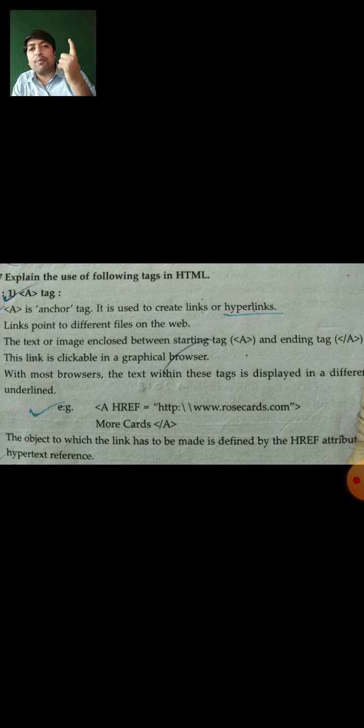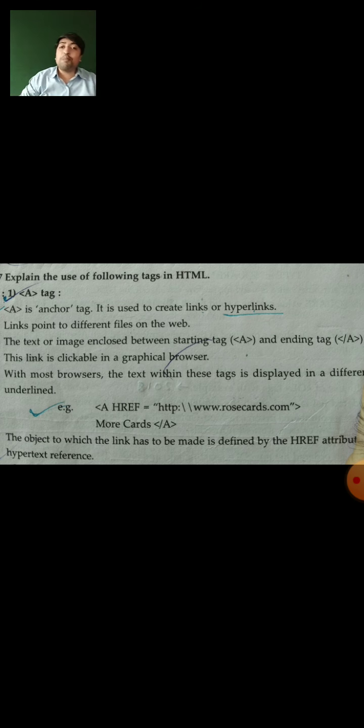Whenever you click on the word, character, sentence or number where a hyperlink has been given, you can open another page directly with a single click.